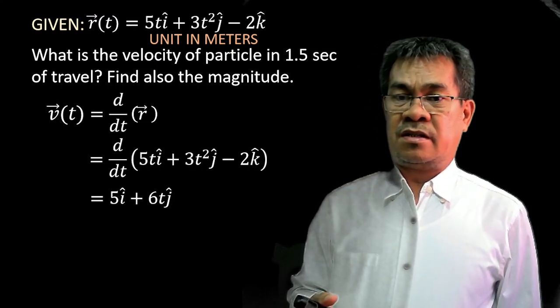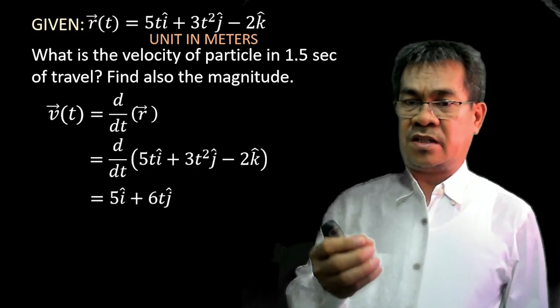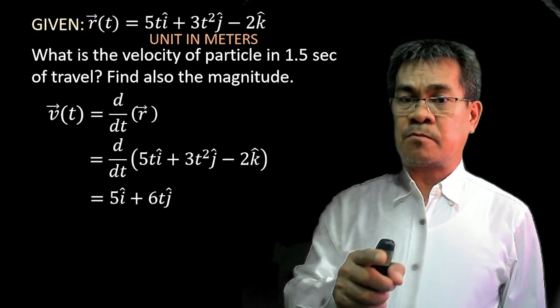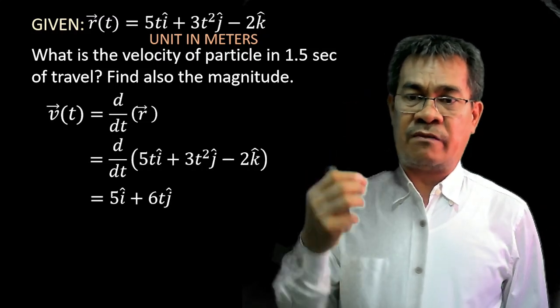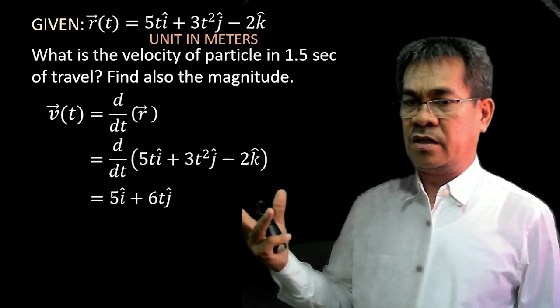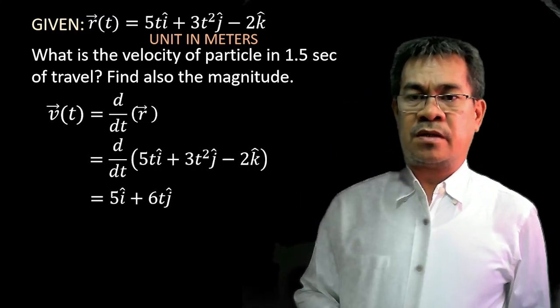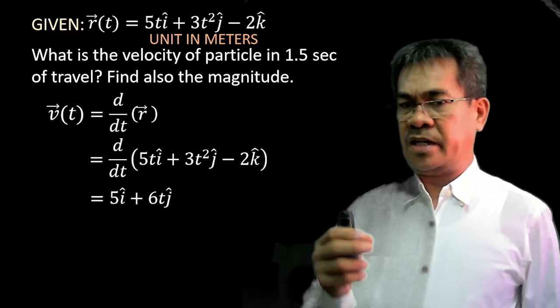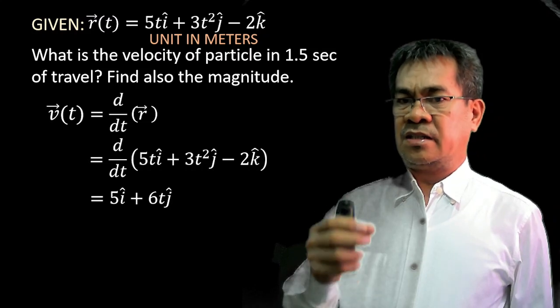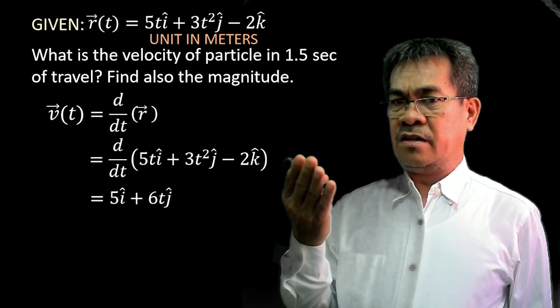Then notice that the answer is only 2 terms. Why? Because the 2k is a constant. It can be treated as a constant because there's no variable. And remember, in our theorem of differentiation, the derivative of a constant is always 0. So we have only 5i hat plus 6tj hat. This is our velocity,